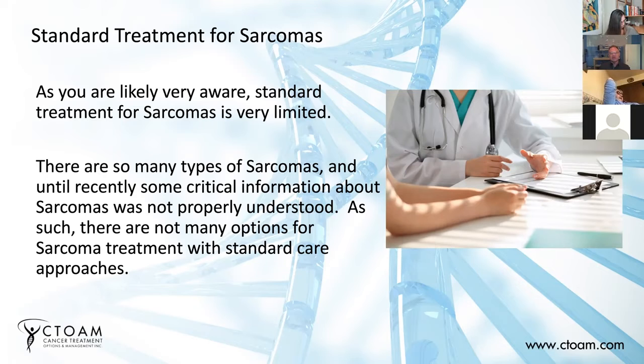So they interfere with the reproduction cycle of the cell. And so since cancer cells are constantly growing and constantly dividing and reproducing, the chemotherapy drugs will interfere with that